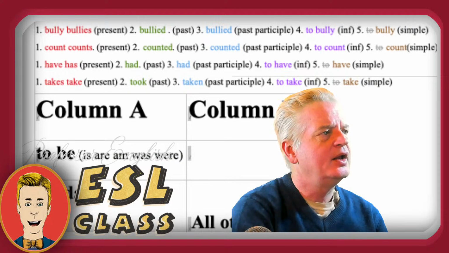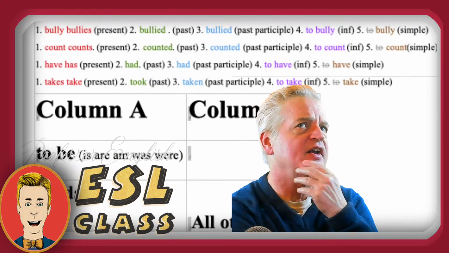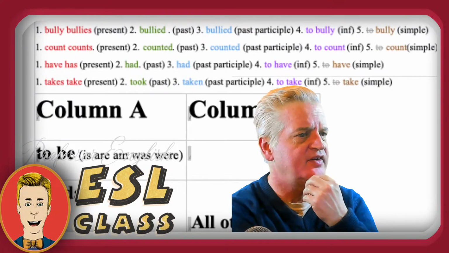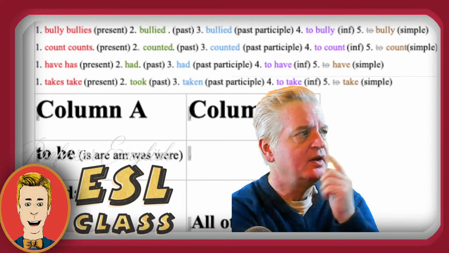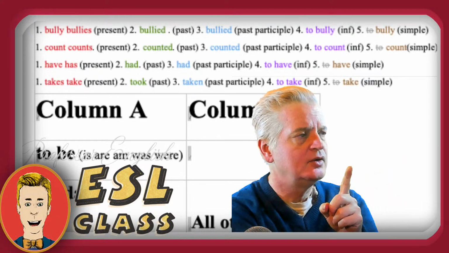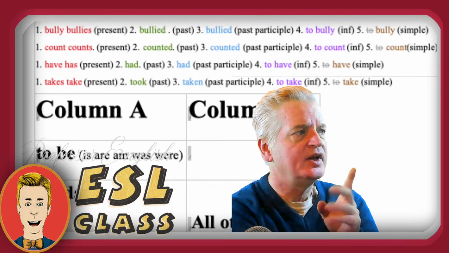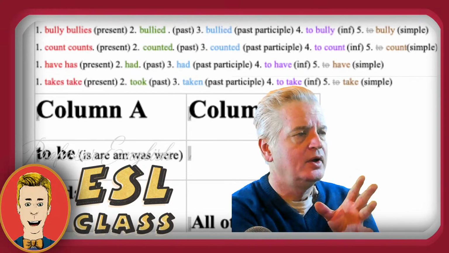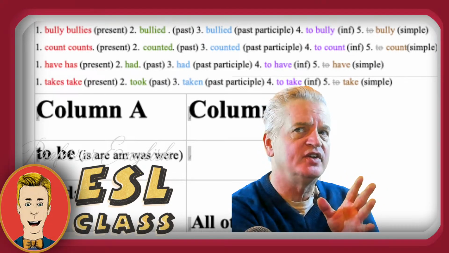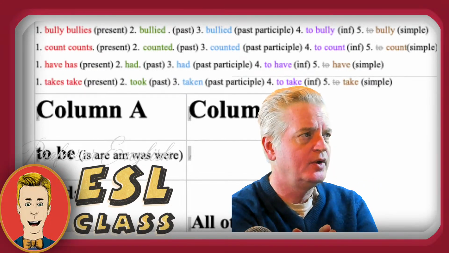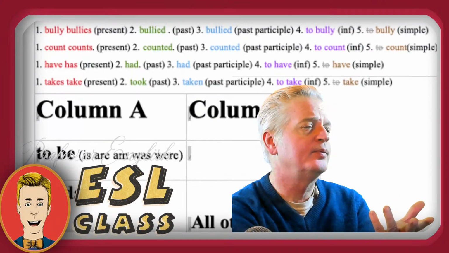Okay. In the sentence, they have taken care of. Have taken care of. What is the verb? They have taken care of special requests. The verb is taken. And if you look at these different colors, what color is taken? It's blue. When you're making a passive voice sentence, you always change the original verb to blue. So this one's already blue.